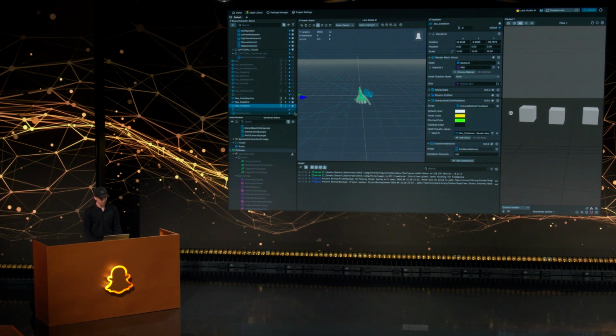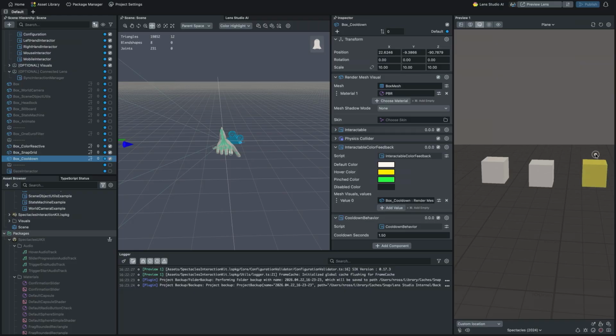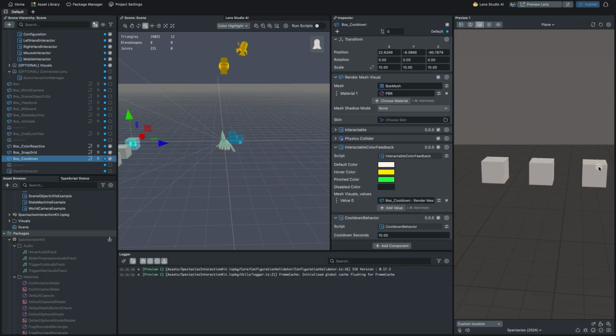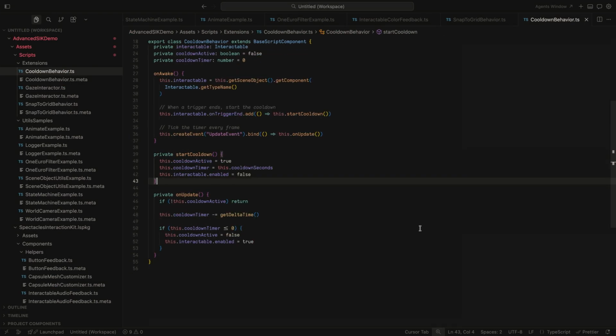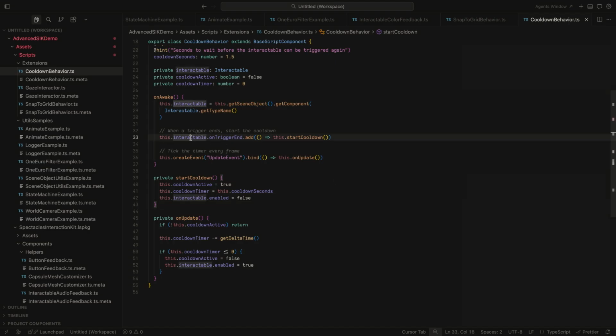Now, this next one, box cooldown, is a little more interesting. Let's say I want to make something that I can only interact with once every 10 seconds, right? So this, I can hover over, I can click it, but once I do, after my first interaction, I'm just not going to be able to do anything with this anymore, which is kind of expected, right? Now, as you probably expect, this is very, very simple. I'm just going to look at interactable trigger ends, start cooldown,